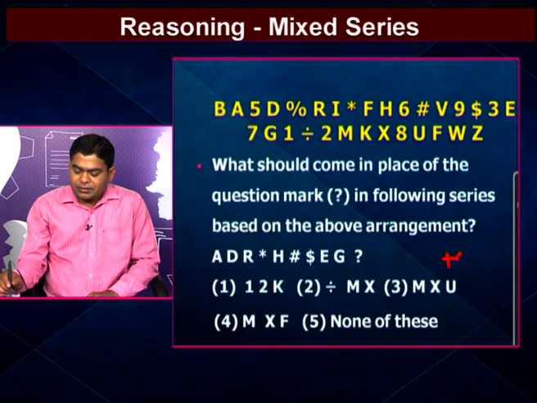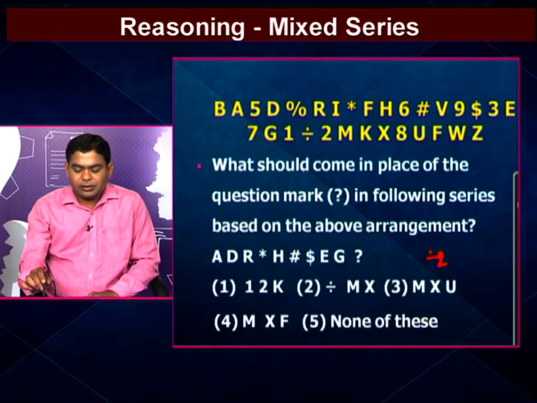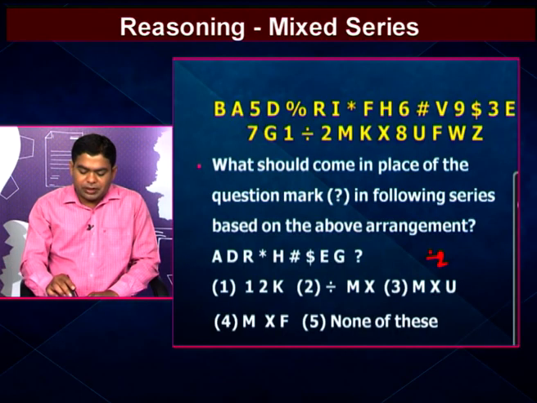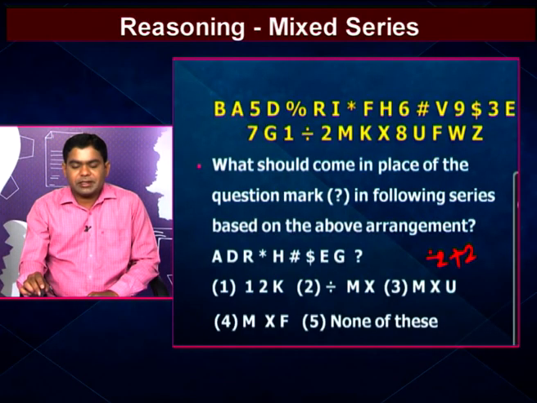That means the first one is followed plus 2, and again the D is followed by its second element, that one is R. That means first one is A, second element of A is D, the second followed element of D is R. So the first one is followed plus 2 and the next element is followed plus 2. After that star is given. So star is given, that means one element is left out.